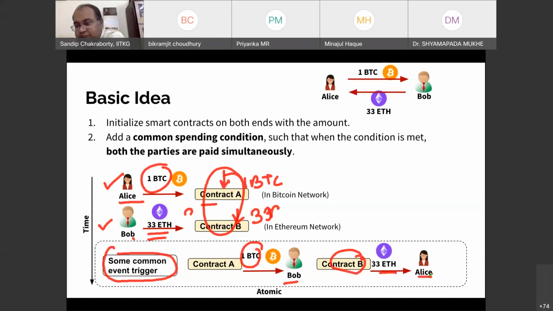Well, and you see this actually guarantees that finally, once these two contracts are getting executed, then one Bitcoin has been transferred from Alice to Bob, and 33 Ether has been transferred from Bob to Alice. Okay, so this is the kind of guarantee which we are providing while